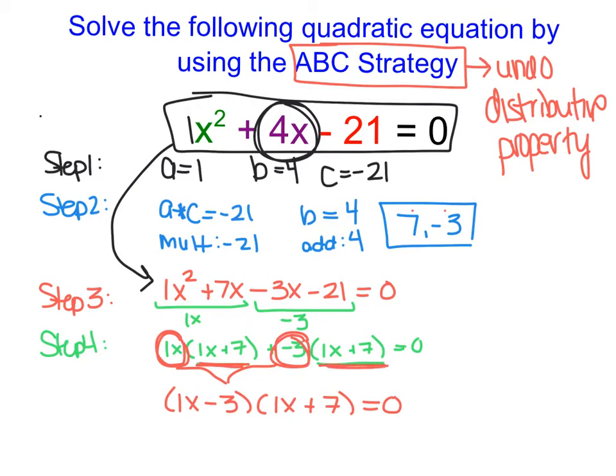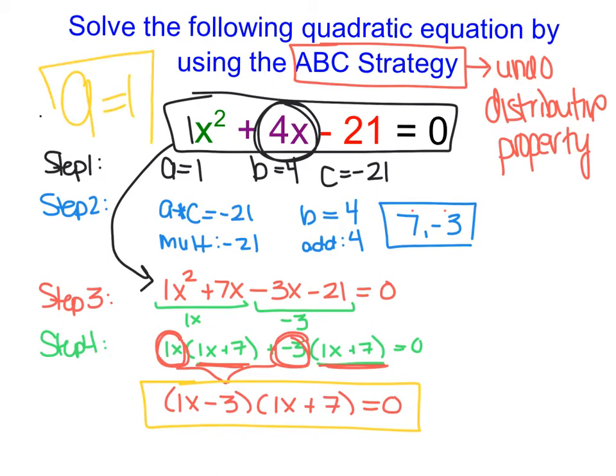Now, we're not actually done here, but I'm going to take a pause for a second because I want to point something out to you. What's very, very special when A equals 1? This trick only applies when A is equal to 1. If A is not equal to 1, we're going to have to show more work. But if A is equal to 1, there's actually a shortcut that would allow us to skip these two in-between